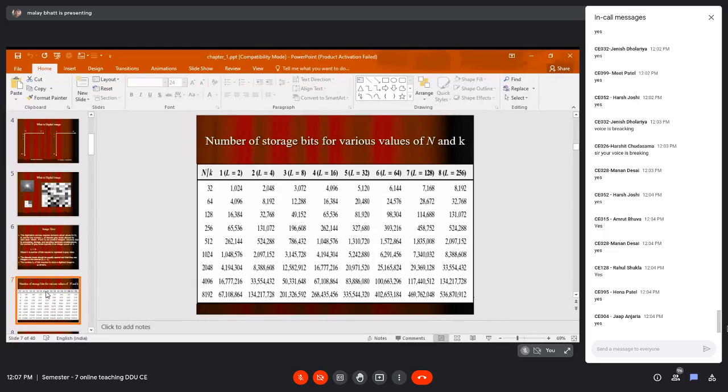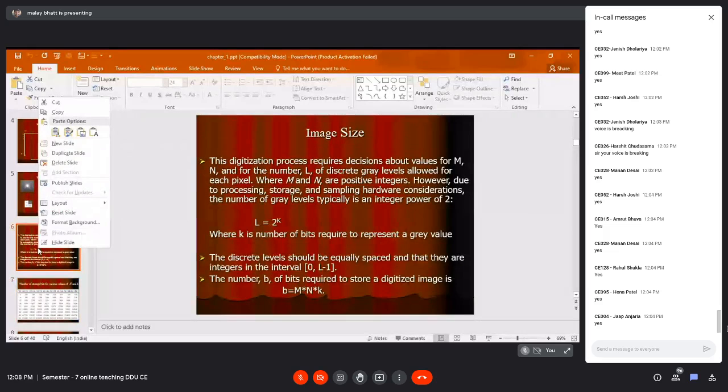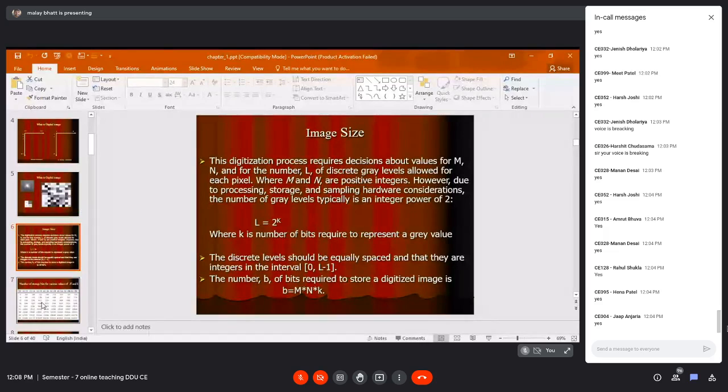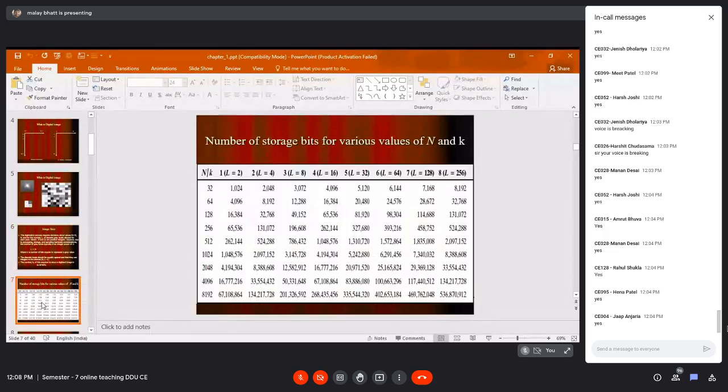When I take K equal to 2, the number of gray levels will be 4, 2 raised to 2. So the size of the image will be 32 cross 32 cross 2, because K is equal to 2 and our image is a square image.